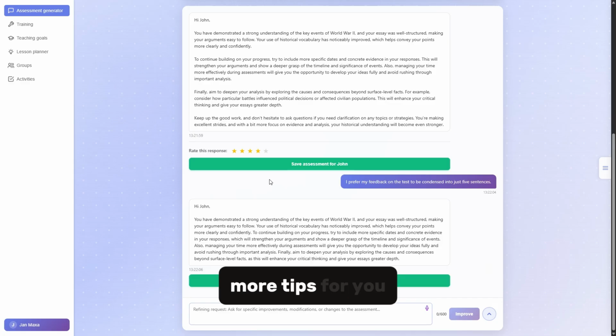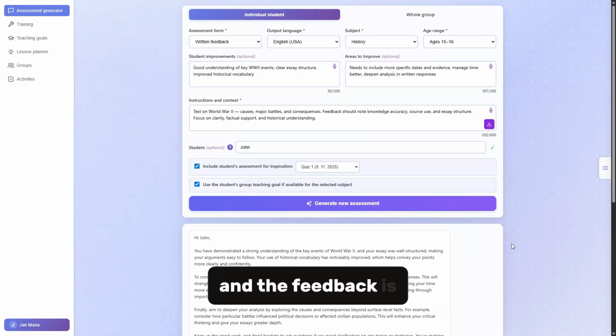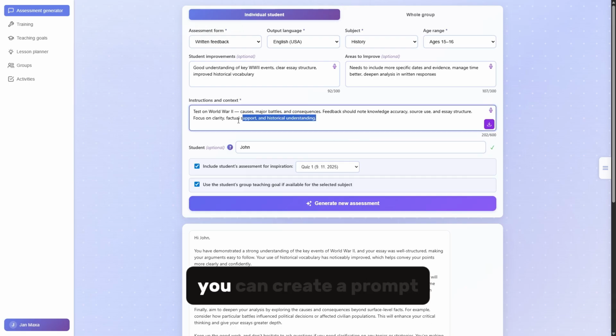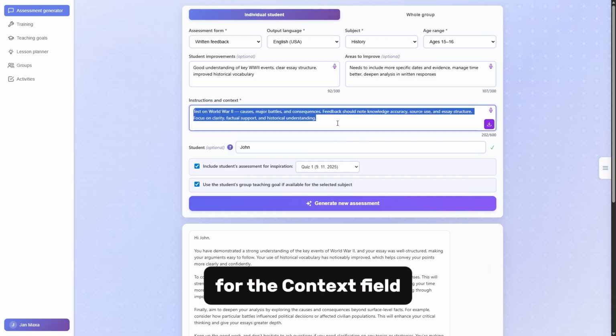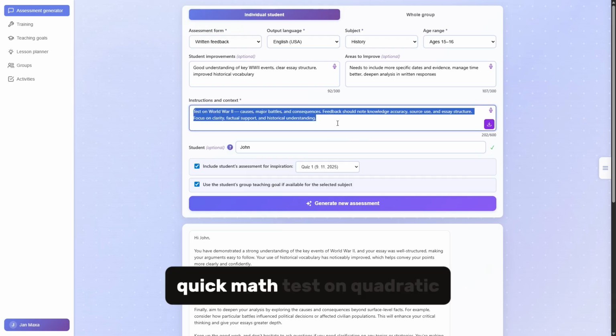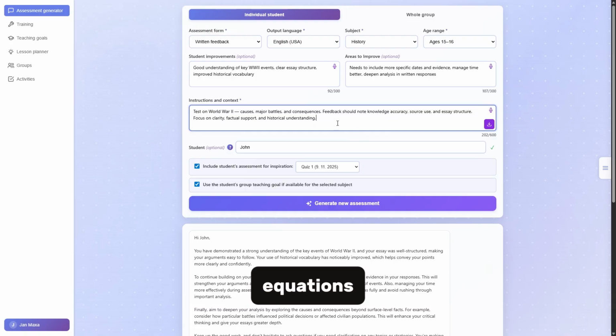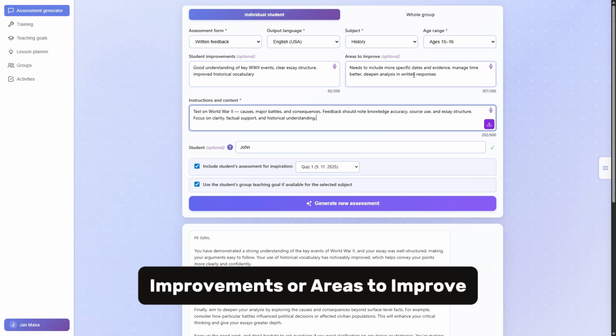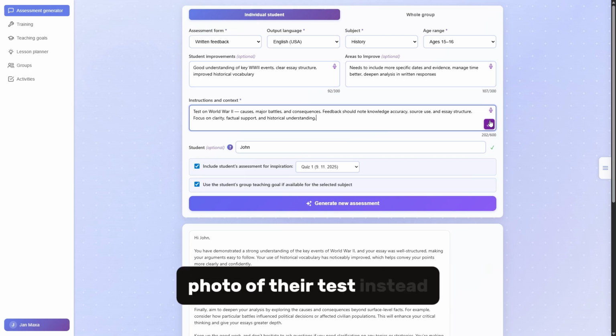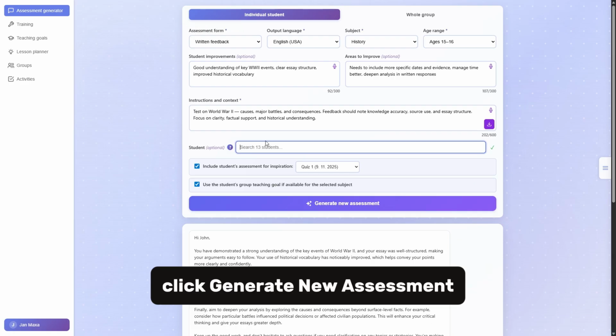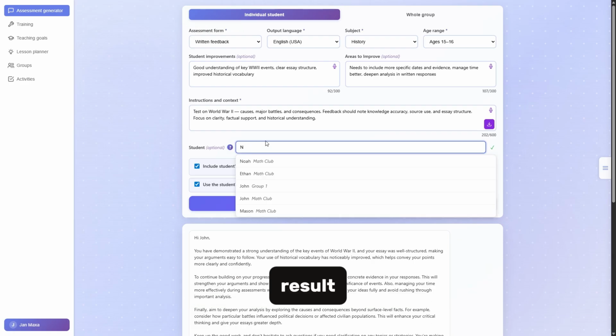Then I have a few more tips for you. If you want to generate feedback for multiple students and the feedback is individual for each one, you can create a prompt for the context field. For example, say that you had a quick math test on quadratic equations, and you're making feedback for each student. Then, for every student, just change their improvements or areas to improve, or just upload a photo of their test instead. After that, select the student, click Generate New Assessment, and if needed, refine the result,